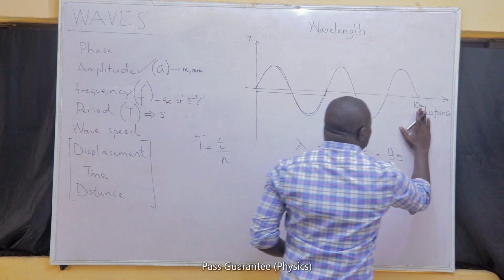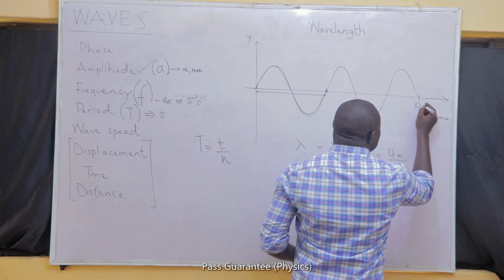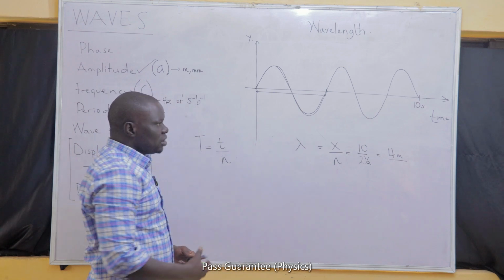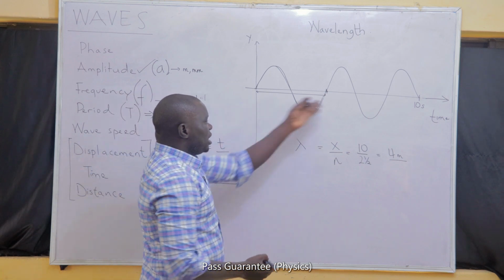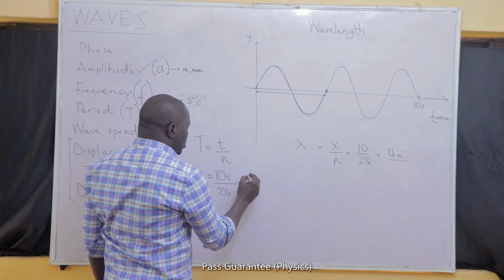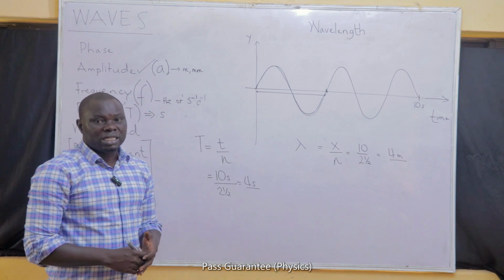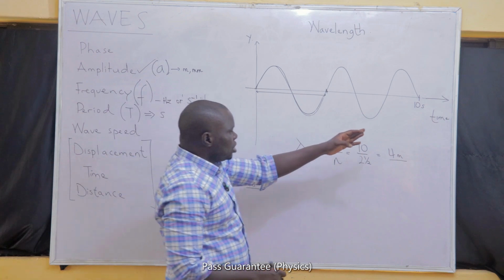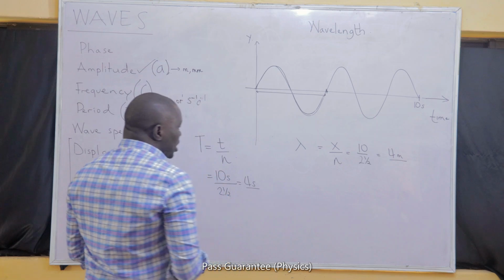If this had been time, and of course the unit of time is not meters, it's seconds, I can ask you to find the period. This is exactly the way you are going to find the period. Get the time, which is 10 seconds, and divide it by the number of cycles that you are given on the board, which is 2.5. If we do that, you will discover that your answer will also be 4 seconds. So that's why I said we determine wavelength the way we determine the period. The only difference is just that the notation on the axis must be different. While one is distance, the other one must be time.